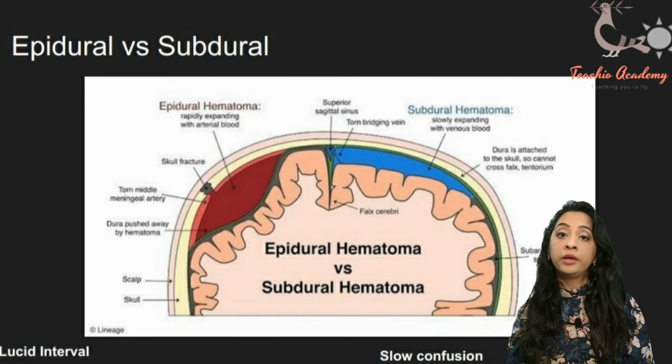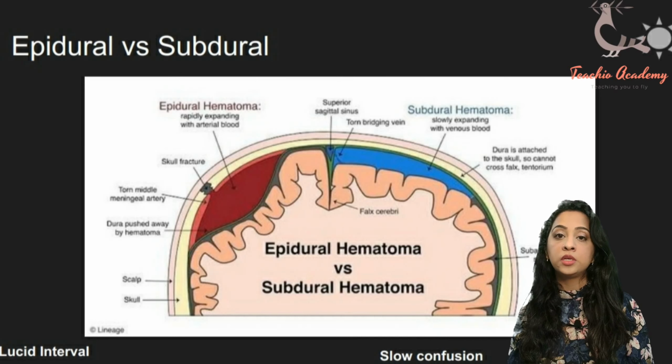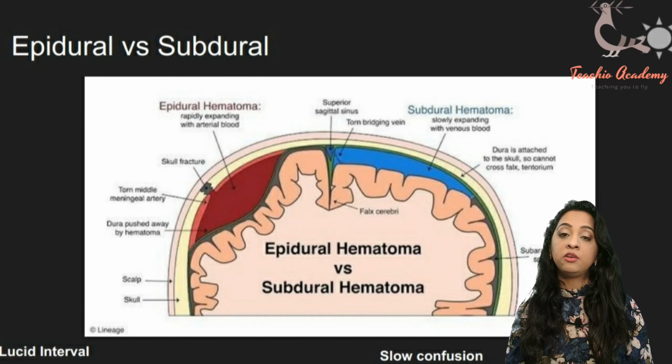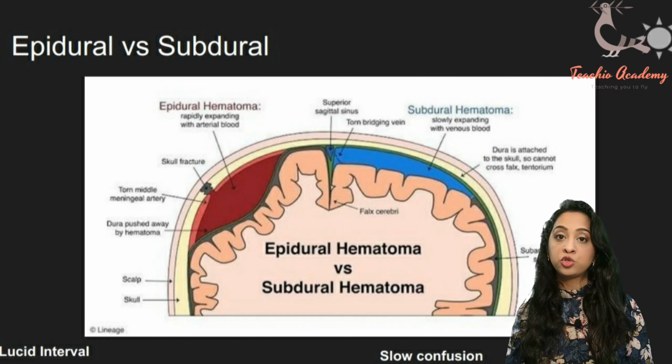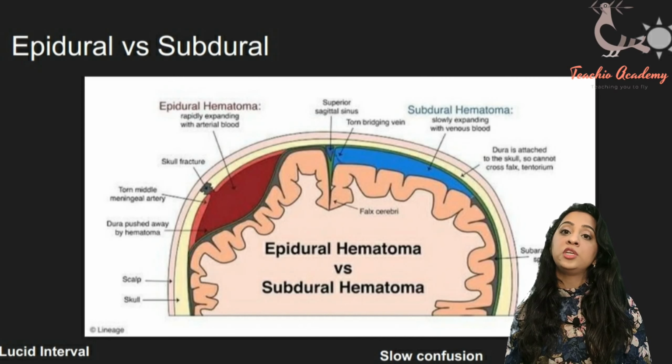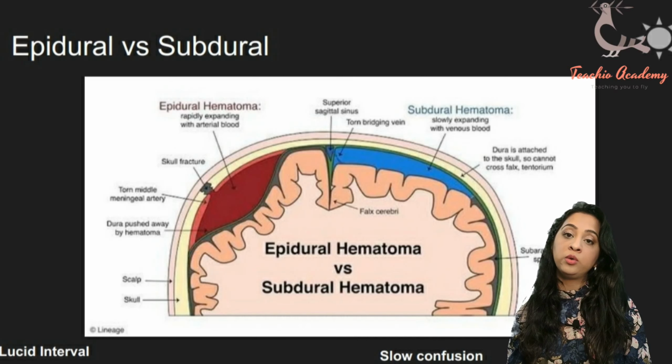The clinical presentation of an epidural hematoma is very dramatic. You might want to remember the term lucid interval. So you might have someone who loses consciousness and then regains it and then loses it again. That's the classical presentation of an epidural hematoma, especially in someone who's been in a major accident. That's just because the compensatory mechanism of the CSF and the blood takes a little time to get completely distorted, and that's why you get a lucid interval.